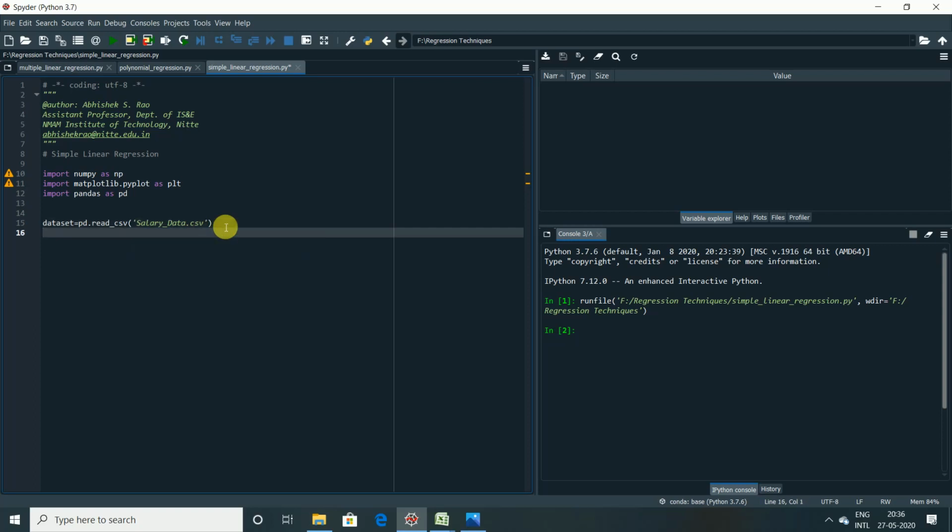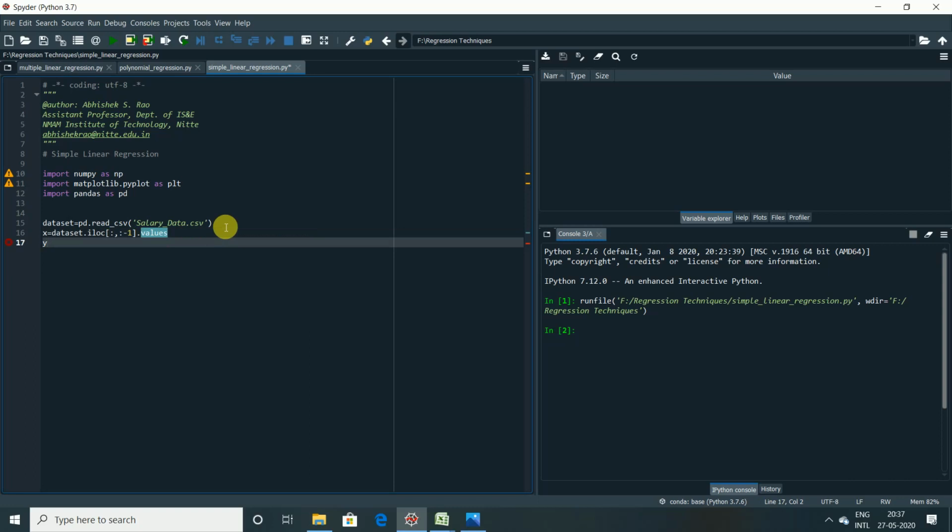After that, as we all know, we have to have a matrix of features for independent and dependent variables, that is x and y, x being the independent, y being the dependent variable. From the given data set, we have to select the independent feature. Obviously there are only two features here, so the leftmost feature will be taken as independent and the rightmost as dependent, correct? So dataset.iloc, the index locator. We require all the rows as well as all the columns except the last column, that is :, :-1, and we would like to include all the values corresponding to each instance, that is .values.